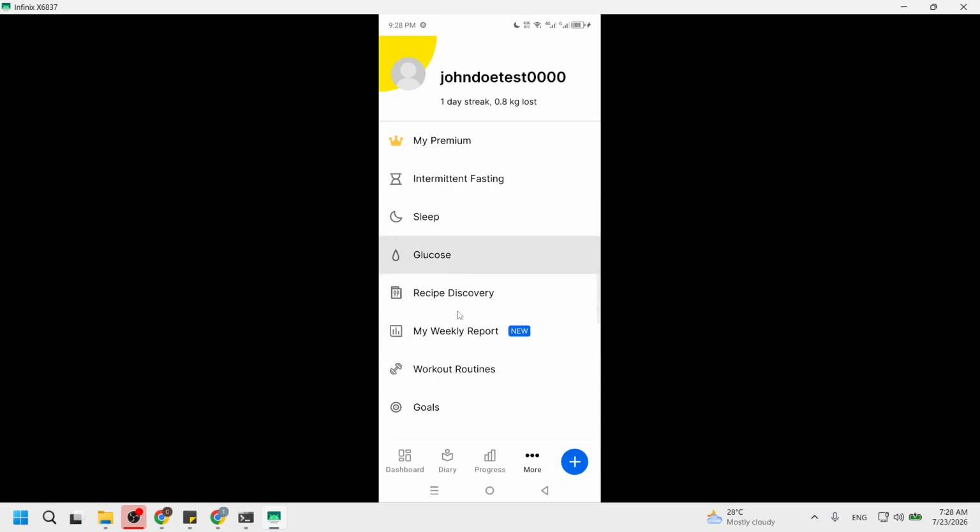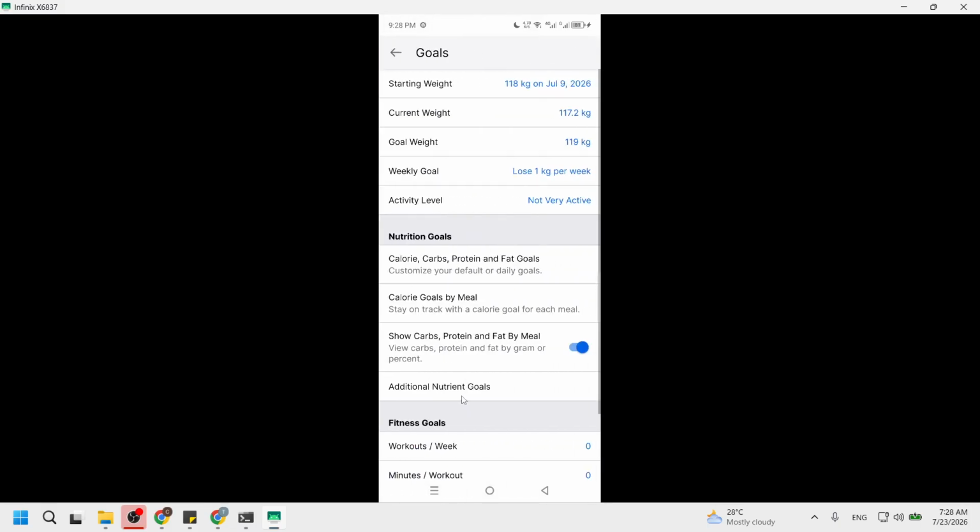This action will take you to a section where you can adjust your fitness and nutrition targets. Here, you can set goals for weight loss, muscle gain, and nutritional intake. Setting these goals is important because it tailors the app to fit your personal health objectives. It ensures that the guidance you receive is relevant and helpful for your journey.